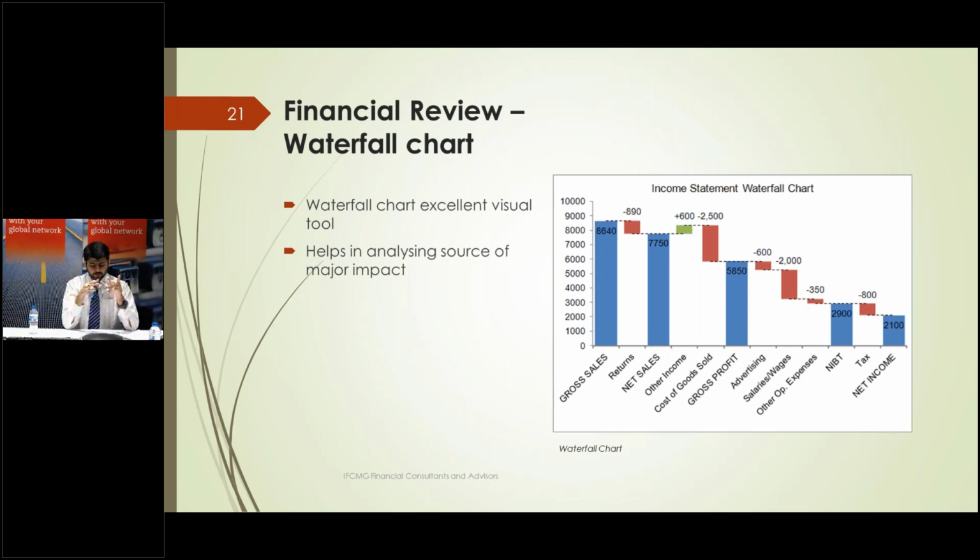And you can see through this chart that we have a significant decline in sales, and the major chunk of sales that goes out is due to cost of goods sold and salaries and wages. So these are the two numbers that we need to analyze that can be used to improve the numbers of the company further, and we can drill down on the key impact in the financial statements.